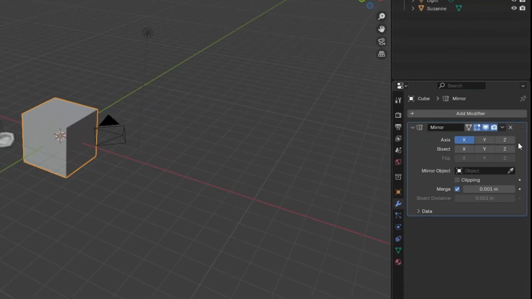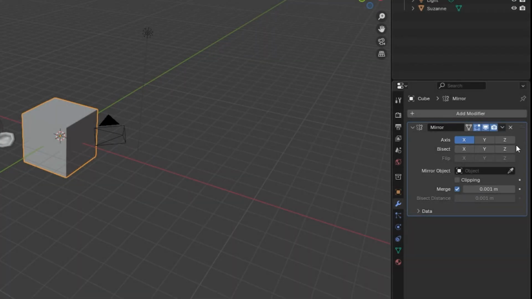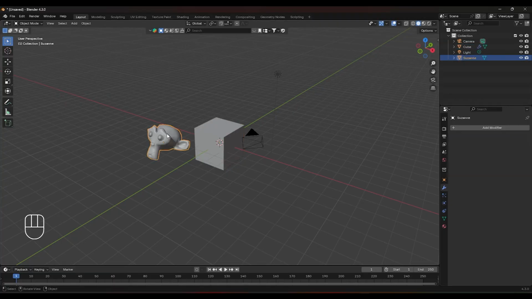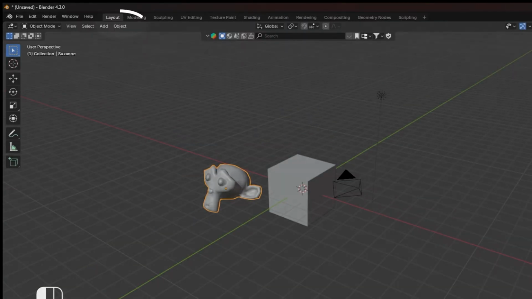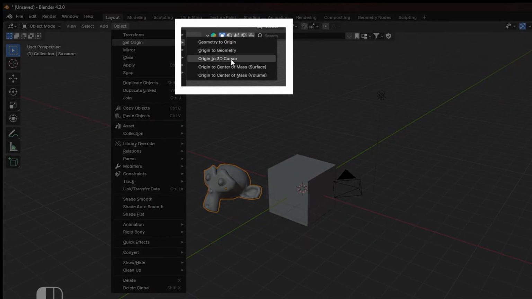Under the Mirror modifier, you'll see the checkboxes for X, Y, and Z. Enable or disable these to mirror your object on the desired axes. If the mirrored part isn't in the right place, it might be because of the object's origin. To fix this, go to the top menu and click Object, Set Origin, and adjust the origin point to better